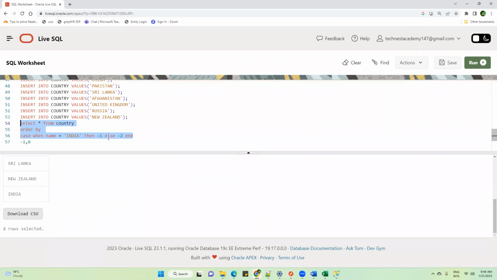Okay. Now, next use case. These are all the examples we have discussed. Now, I will write this. If I execute this, India will be at the top, right? You all agree? India is at the top. Now listen very carefully. I'm telling you the second concept now. I am writing something here. I want you all to first think, then tell me the answer. Don't be in a hurry.